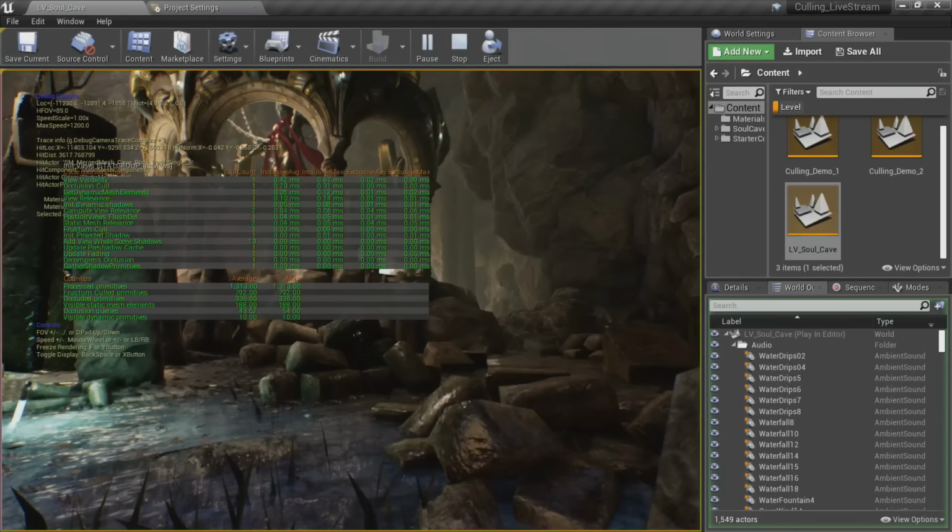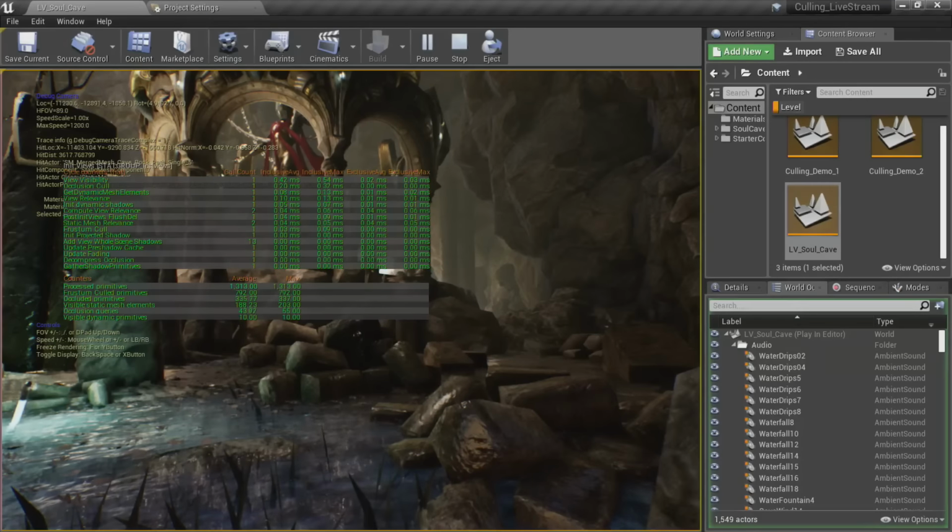And this is where some of those other occlusion methods come in that aren't necessarily going to be covered in the stream, like distance culling, which you can use for larger objects you don't care about, or cull distance volumes, which you can use for smaller objects. Like maybe some really small rocks that from far away you don't care about, but as you get closer, you want those to be visible and show up.